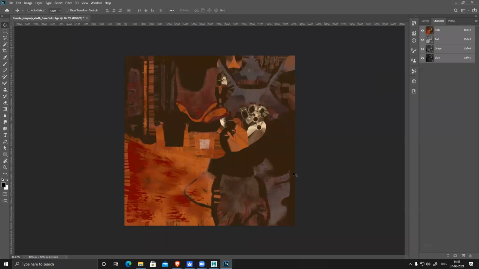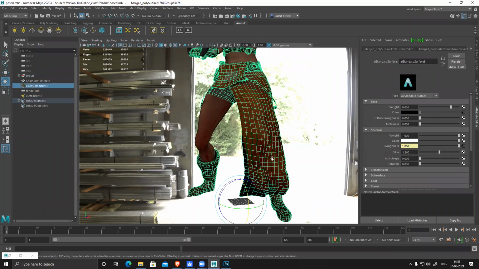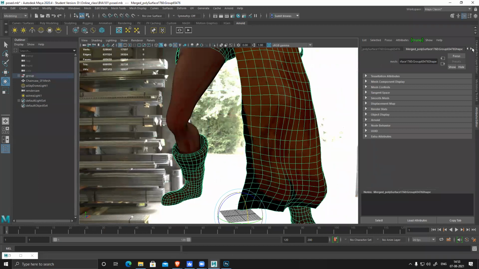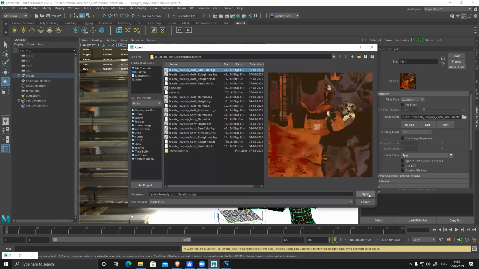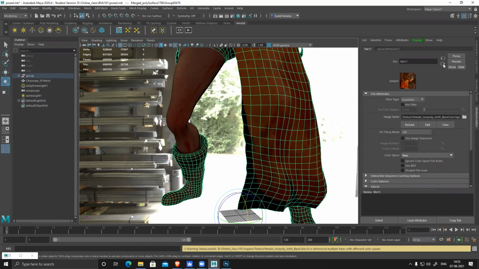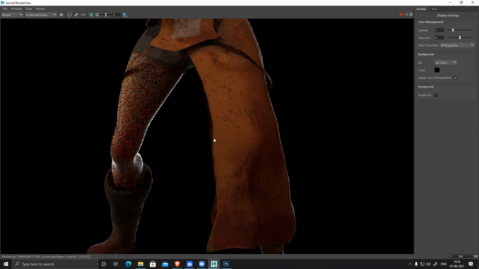Yes. And diffuse should be sRGB. Yeah, now it's gone. I'll check why it's not creating that shape.